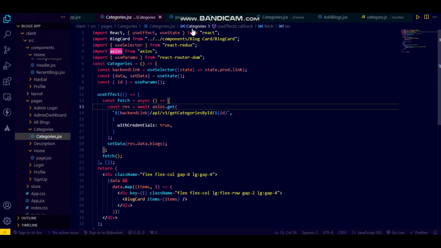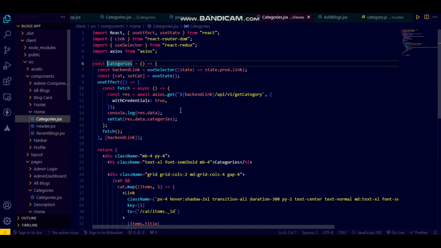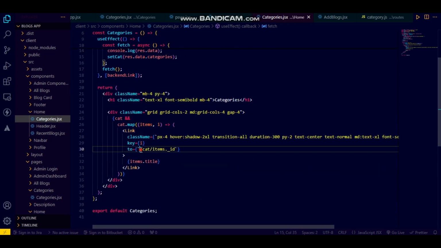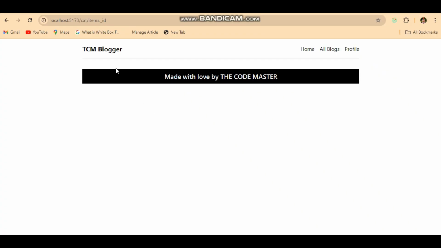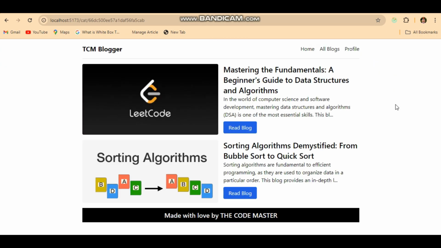Let me just go to my categories again, like for the home page, and you can say where is my error. Here it is my error actually. I just want that items./id, items./id. That's the important part, that's the important thing. Go to DCM Blogger once again. Let me just check the DSA once again, and you can see